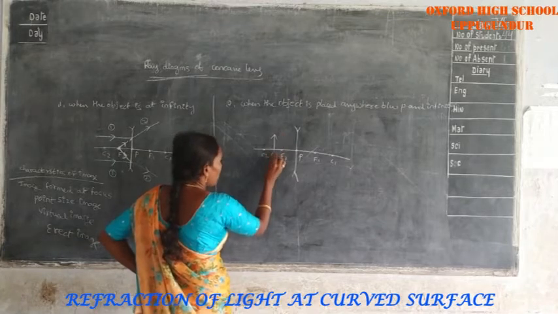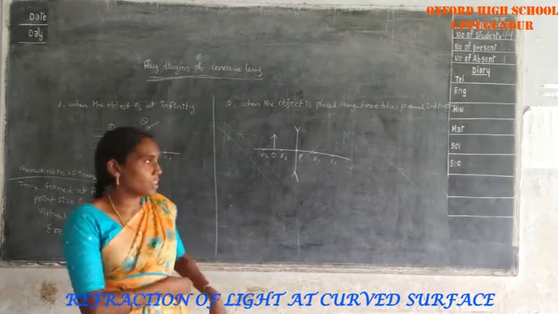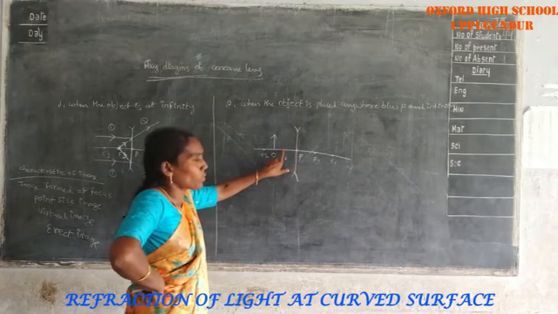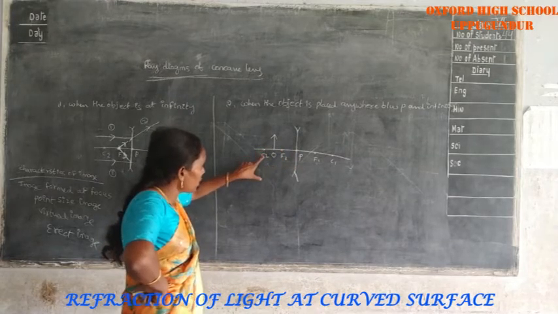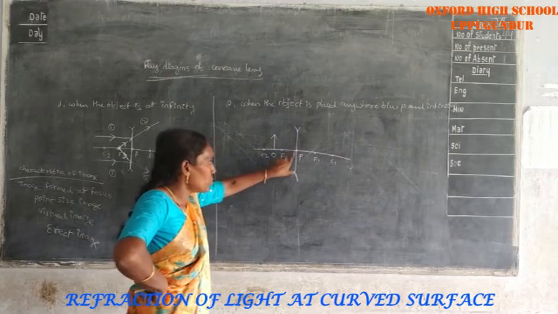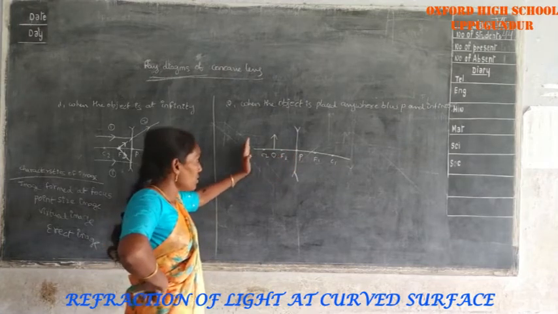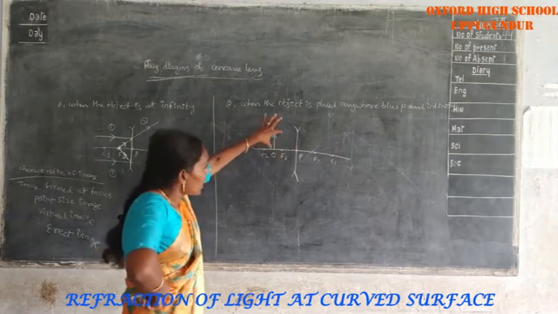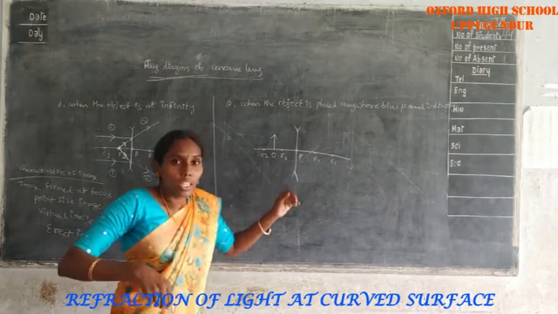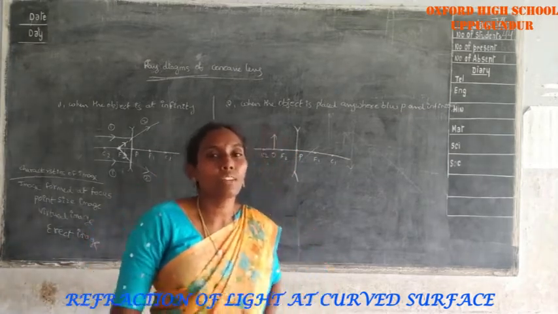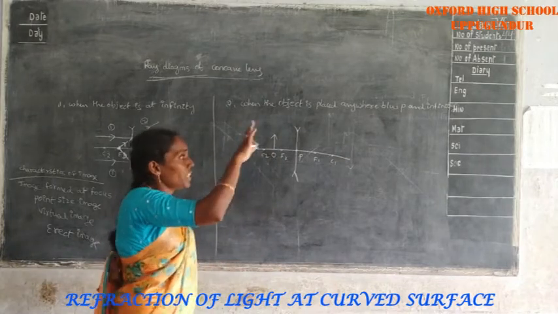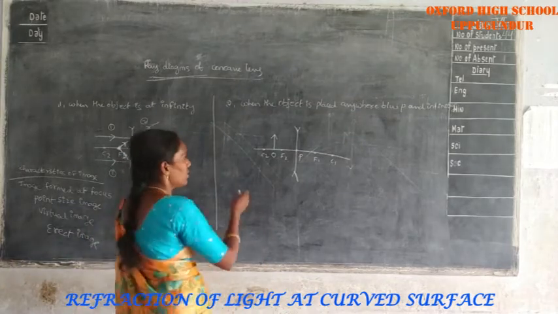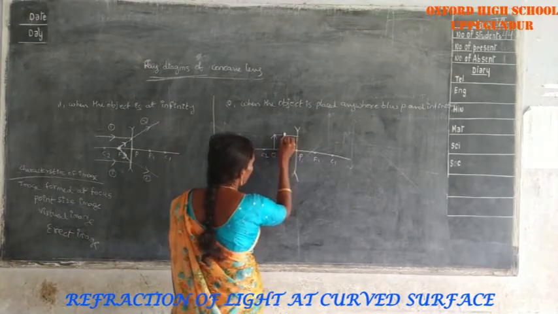If an object is placed anywhere between pole and infinity, for example at C2, the image is formed between pole and focus. If the object is placed between F2 and C2, at F, or between pole and focus, the image is also formed between pole and focus. So the image is always formed between pole and focus. This is the first light ray.